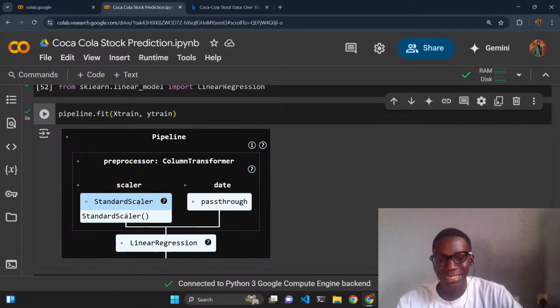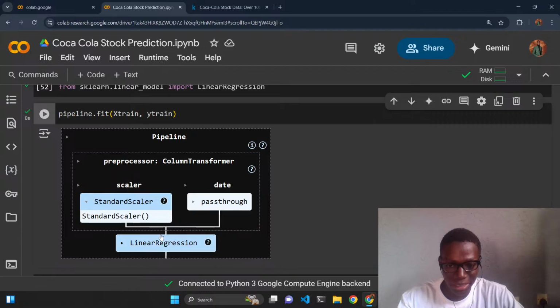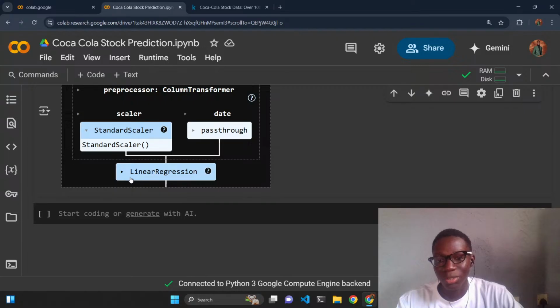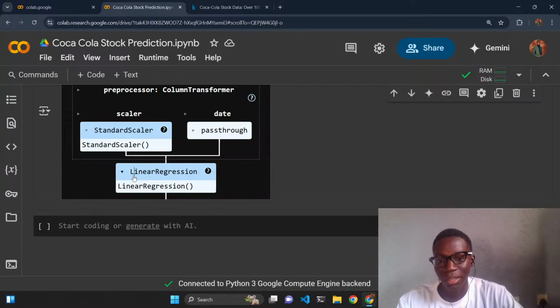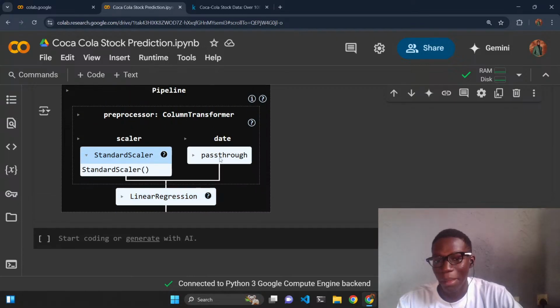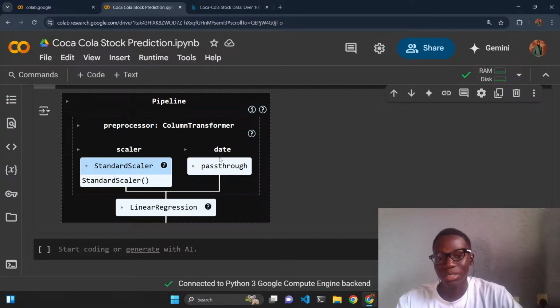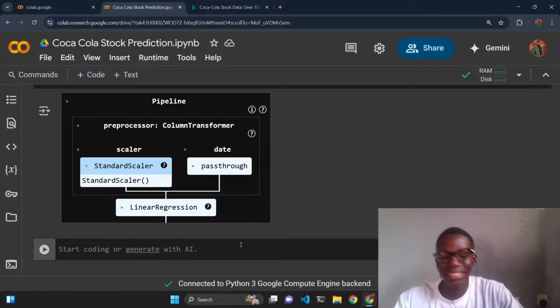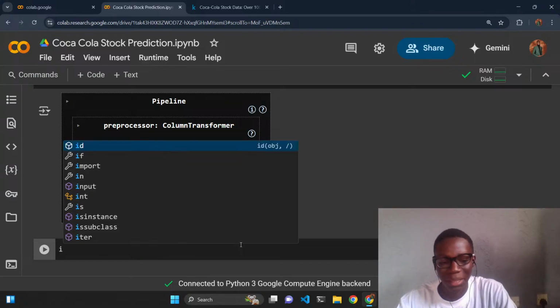As you can see, they're going through the same input. So it's going to merge the standard scaler, the scaled values, and the dates. Then after merging, it's going to perform a linear regression. So you can create a complex pipeline to automate the process of building a model. So that's it. We can simply check the score of our model using